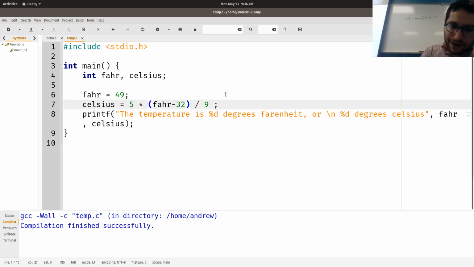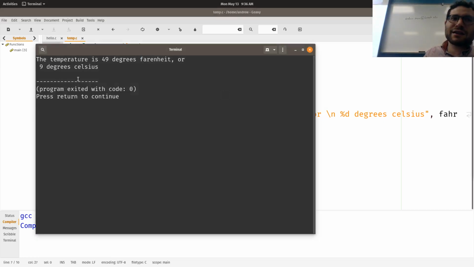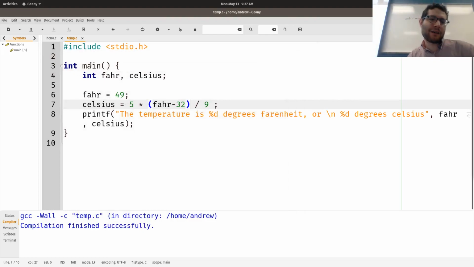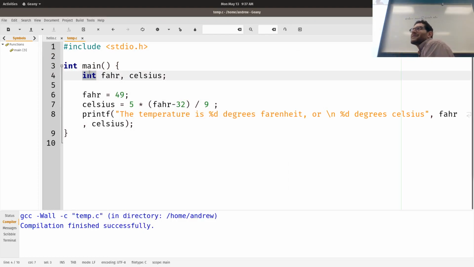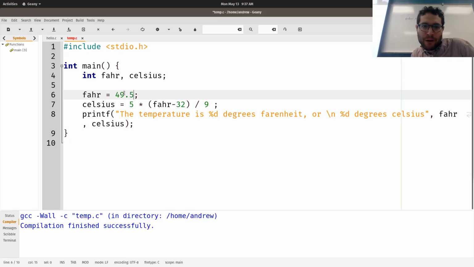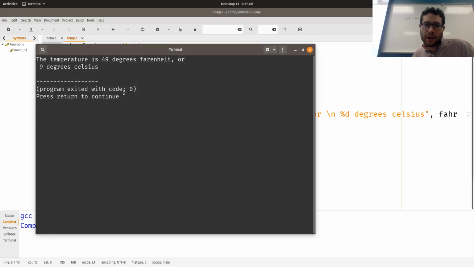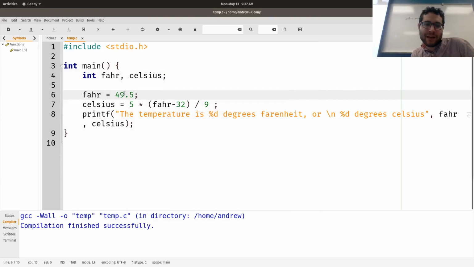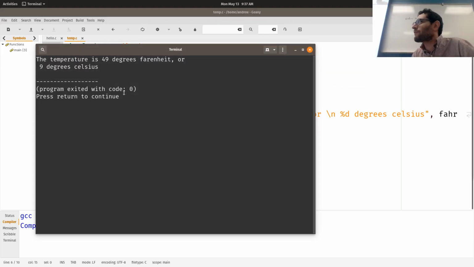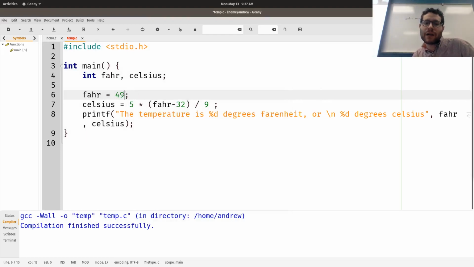Now, I don't know about you, but 9 degrees Celsius isn't 85 divided by 9, is it? What is 85 divided by 9? It's 9.7. It's like 9 and a bit, right? But here's the thing. Remember, all we're dealing with here are integers. We're just dealing with integers. So remember what happened when I put in 49.5 over here? It simply ran with it, except it threw out the half that I put in. Same thing goes on over here.